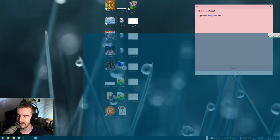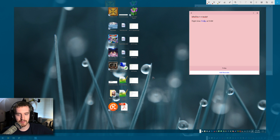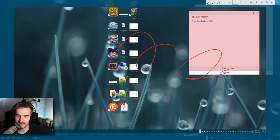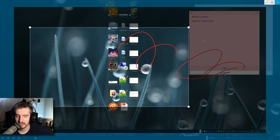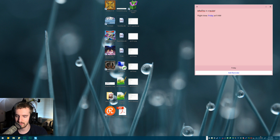We also have here the screen sketch, which takes a screenshot of your desktop and allows you to start annotating over top of it. I'm actually going to replace my typical screen sharing program with this because it's so cool. Now, I may go back to it at some point because you don't have an immediate option to just select a small amount of text. You have to then go here and crop it out, but you have the ability to annotate over top of